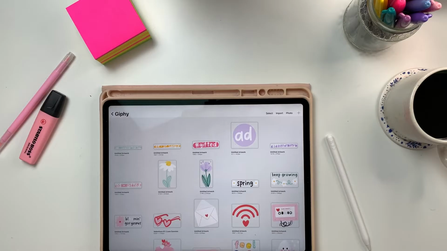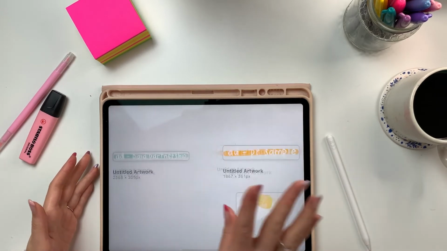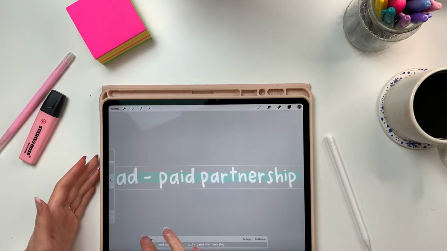Click on this little link if you want to go and watch the first part of this tutorial where I show you how I made all of these different spring GIFs. I also, as I said, made a set of more general GIFs that I just needed for my Instagram stories, and I've also already saved them all as animated GIFs to my camera roll. I go through all of that in the first part of the tutorial, so go and watch that if you're